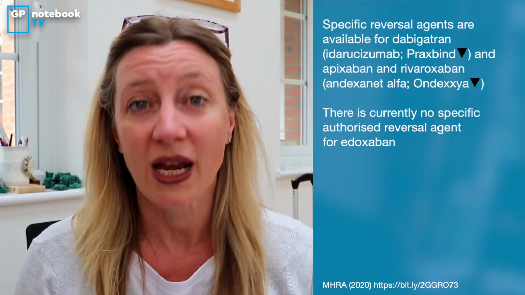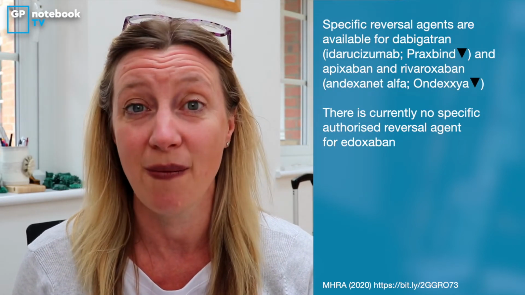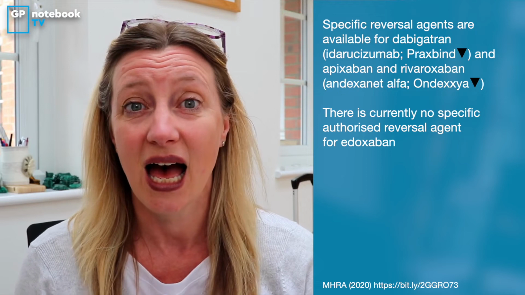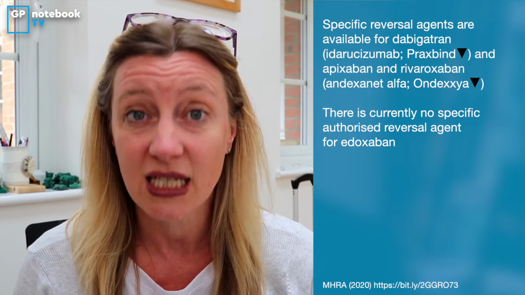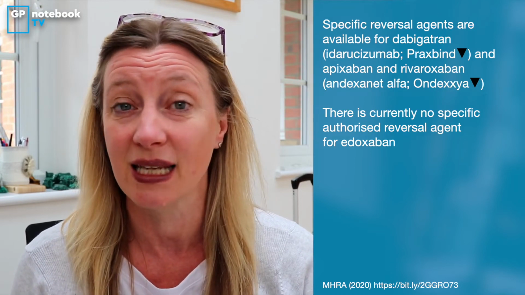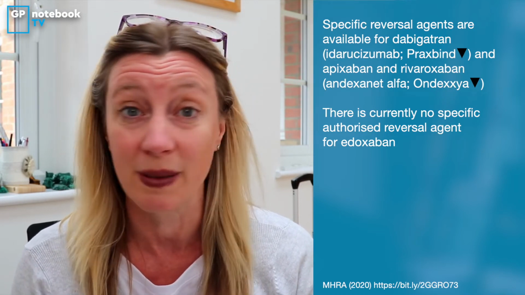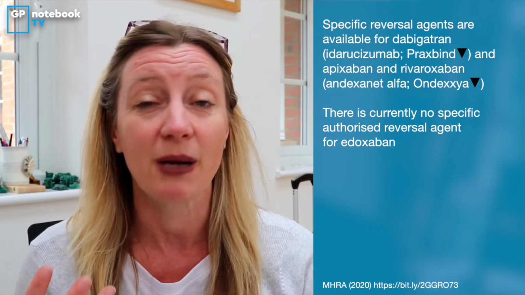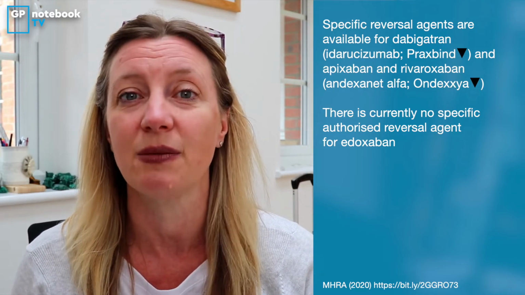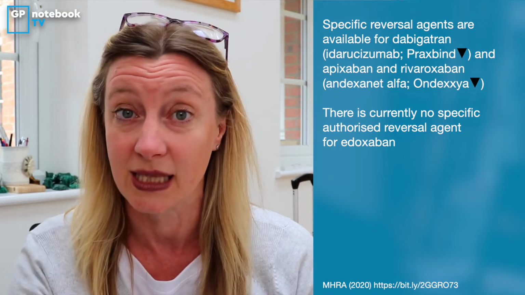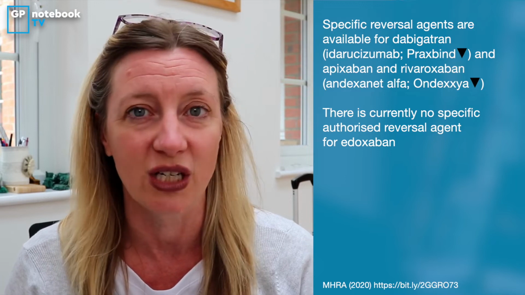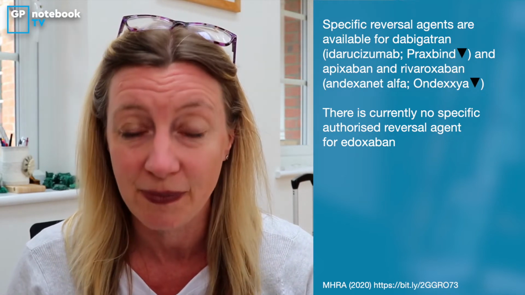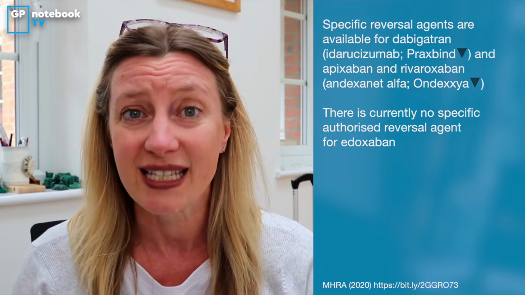So if your patients are taking these medications, and remember the risk of bleeding is a problem with these medications, if you are concerned that these patients are having a bleed, some likely to be GI bleeding, but could be bleeding from anywhere, these patients will need to be admitted and in secondary care they will be administering the IV antidote treatment and monitoring to get their coagulation back to normal again. So that's the first thing to be aware of. There are now antidotes for 3 out of 4 of them.